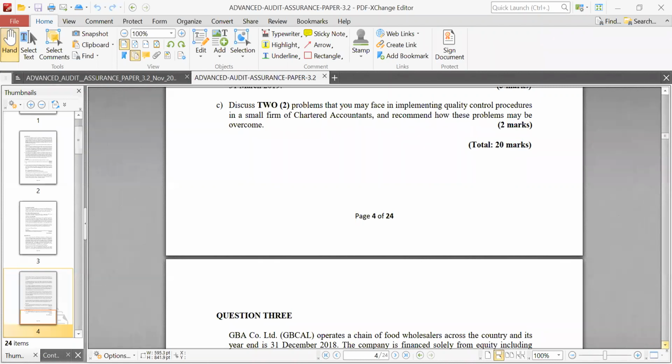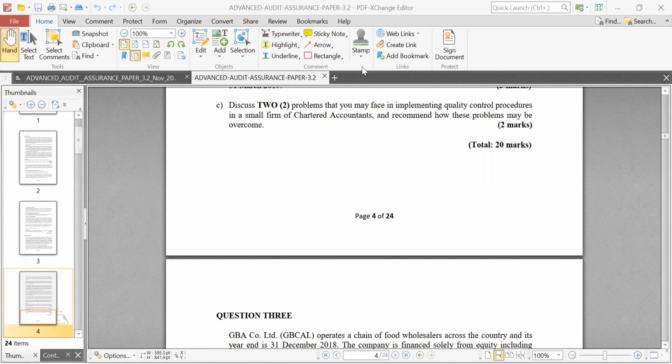So I think we could also look at, due to the fact that it's a small firm, there will be issues of separation of duties. We could have one person doing multiple things. Okay, and that's one of the things I wanted. Yes, please. That's one of the things I wanted.